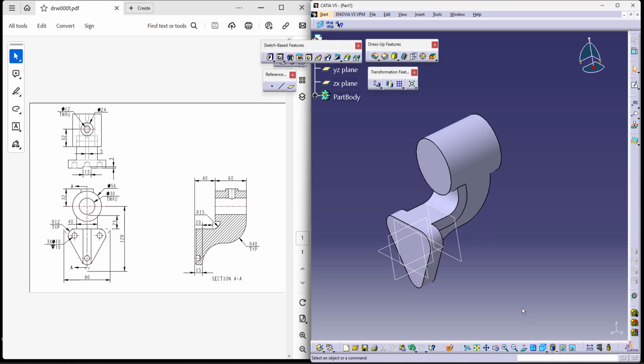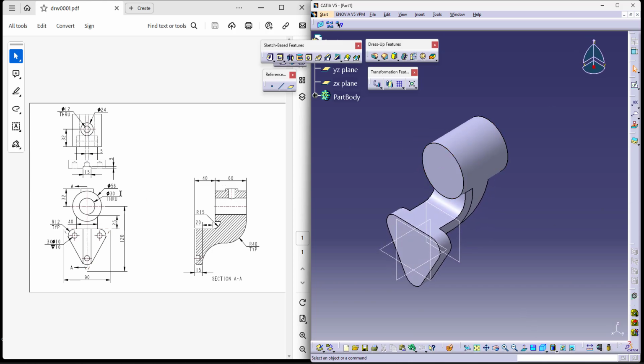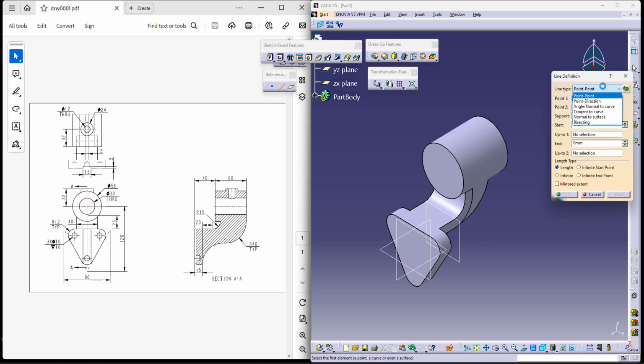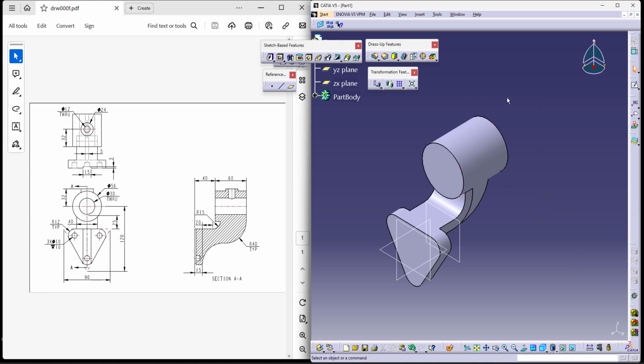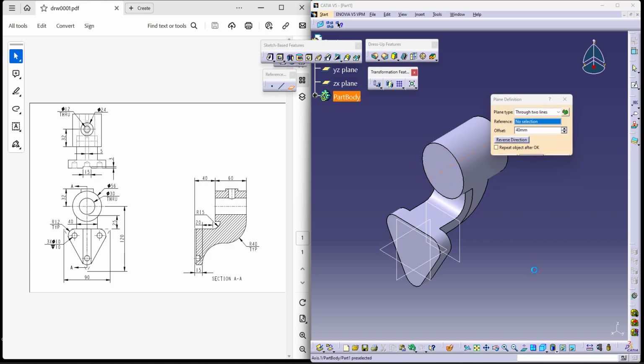There is also another addition of material on the top of the cylinder, as you can see, which is at a distance of 32. But I do not have a plane there. So first let me try to take an axis. You get the axis in the center. Now I want the plane passing through the axis